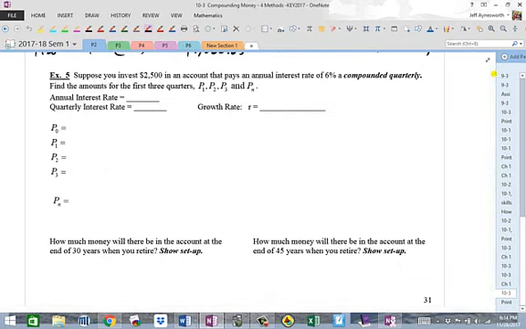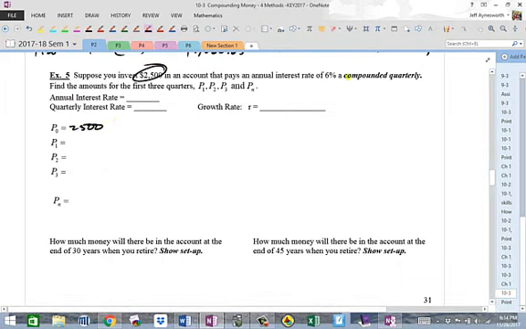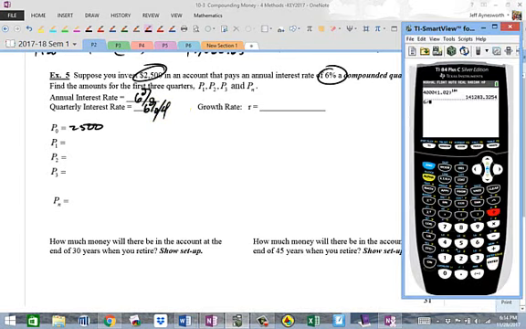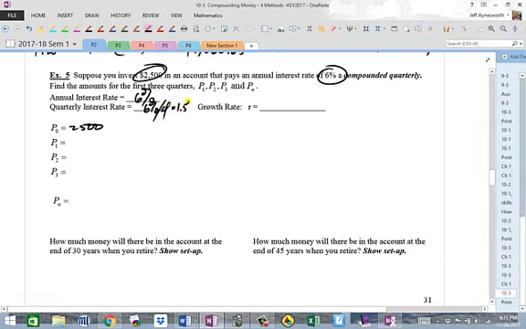All right, here we go. Let's check your work. We're going to invest 2,500 bucks at 6%. Now you got to take 6% divided by 4. Now, if you can't do that in your head, you do 6 divided by 4. That's 1.5. So this is 1.5%. So to get your growth rate, you got to add that to 100. So 100 plus 1.5 is obviously 101.5%. So R is equal to